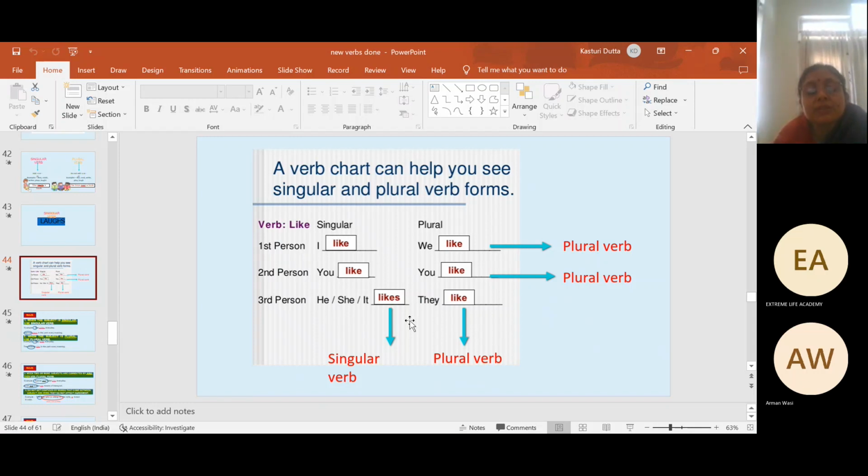Now, why are they saying it is singular? It is singular in the sense they are saying singular verb. The verb is only an action. The verb is the word. Why is it mentioned as singular? Because I is a singular subject. If I say I like, you cannot say no. Never can you say, ma'am, I likes. It is a wrong sentence. You can always say I like. You can always say you like. But if you are saying he, she, Arman, whatever name, then likes.